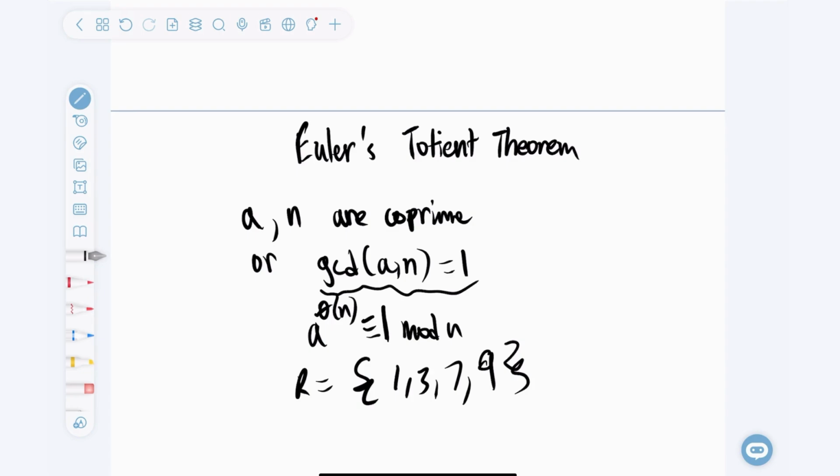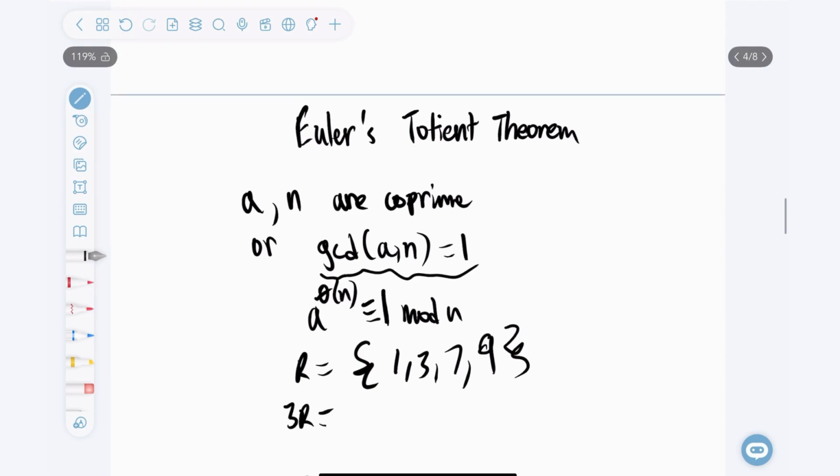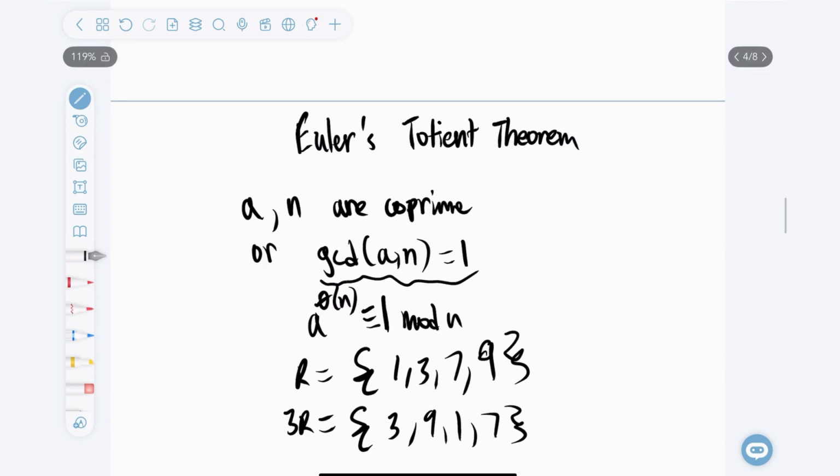So if we multiply r by a equals 3, because, for example, 3 is co-prime to 10, then we see that 3r equals 3, 9, 1, 7, because 1 times 3 is 3 mod 10, 3 times 3 is 9 mod 10, 7 times 3 equals 21, and 21 is 1 mod 10, and 9 times 3 equals 27, and 27 is 7 mod 10. So we see that this set is the same as the second set, and they're just in a different order, but still congruent to each other,